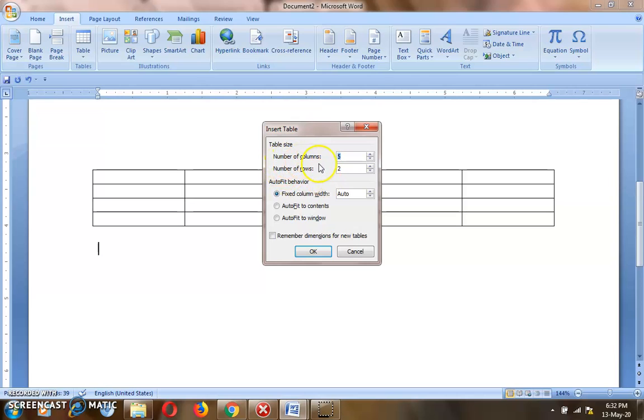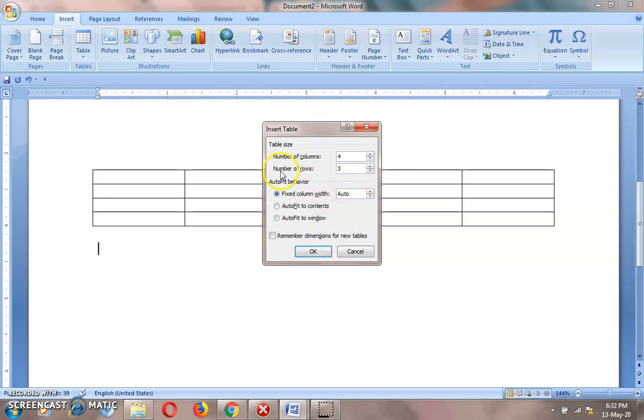By default there are 5 columns, but you can increase or decrease the number of columns from here. The second option is number of rows. By default there are 2 rows, but you can also increase or decrease the number of rows from here.